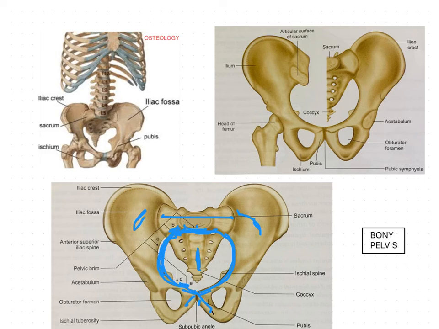Now we are going to see the inferior pelvic aperture or pelvic outlet. So this pelvic outlet is highly irregular, and it is bounded anteriorly by the pubic arch, and laterally by the ischial tuberosities. Here you can find these ischial tuberosities. And also the lesser sciatic notch. The lesser sciatic notch is present below the ischial spine,